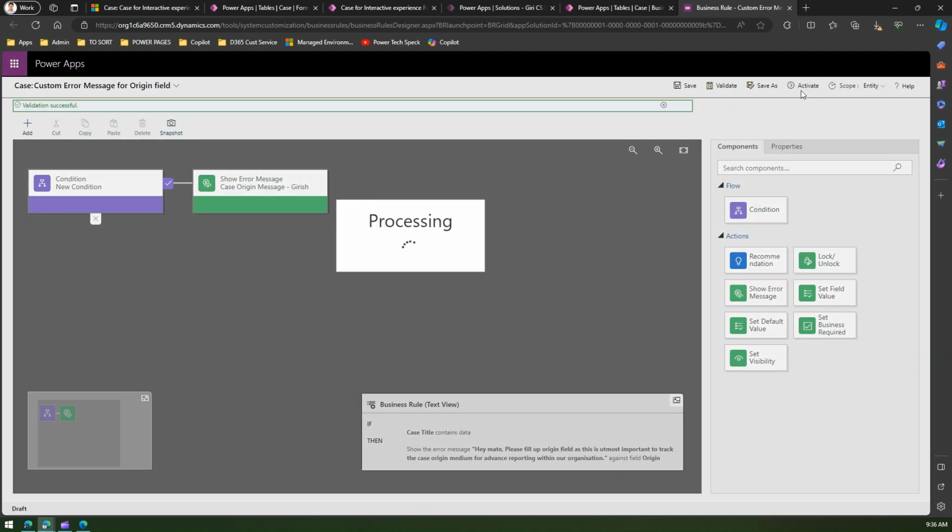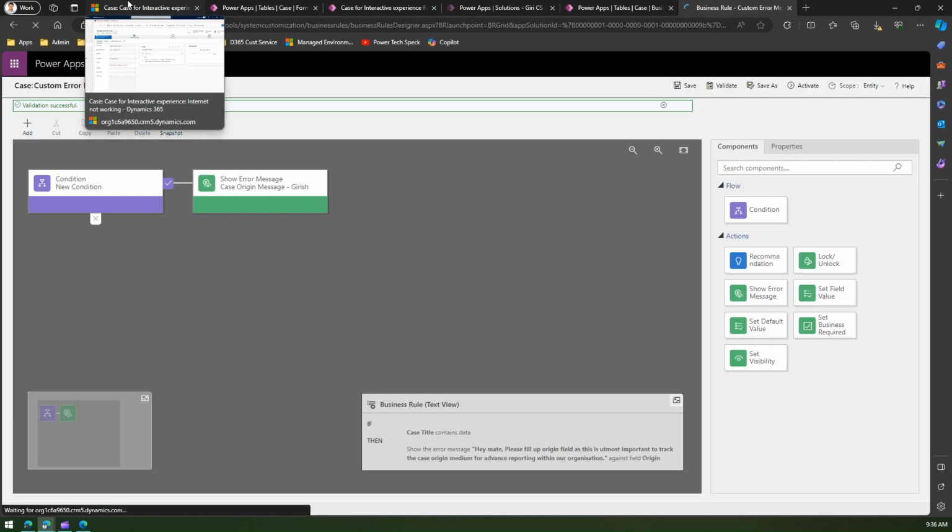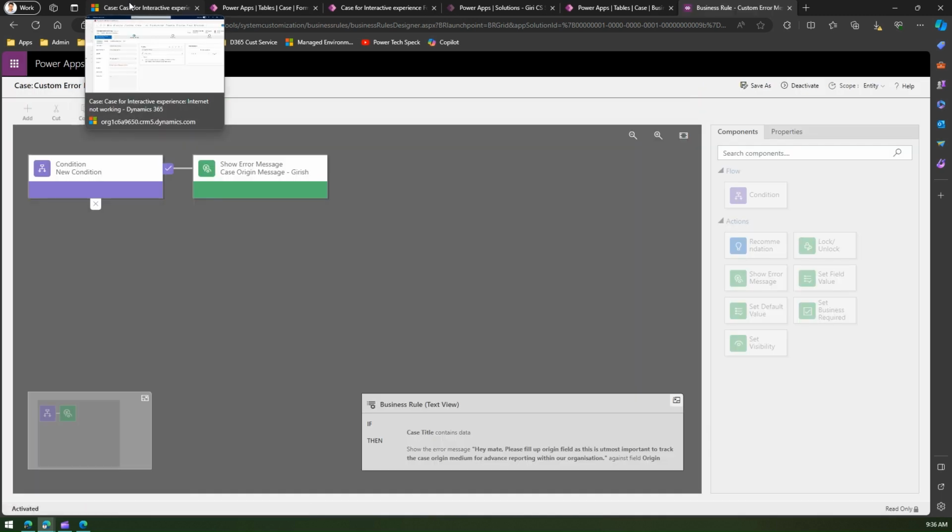Now, by this process, you are activating the business rule, and the business rule is now attached to that specific entity, and from that entity you are picking up a specific field which is origin. It is asking me to activate. I'll say okay, why not, go ahead and activate it. Once you do that,